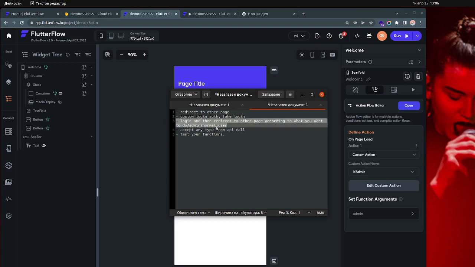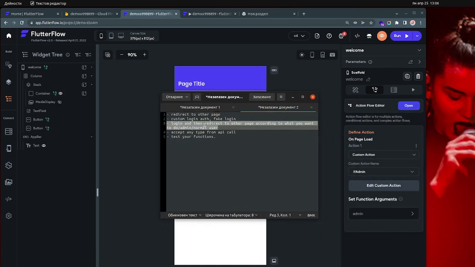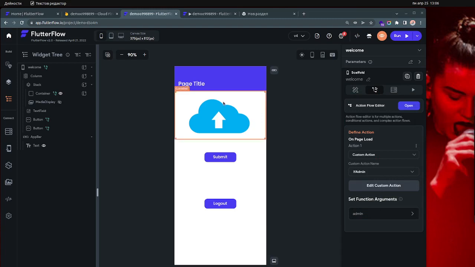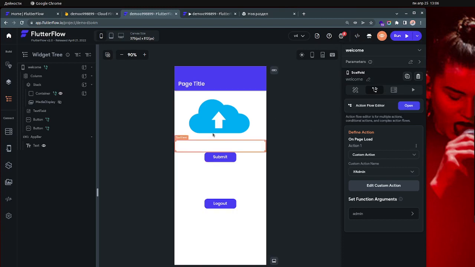And then we go to the third part, which is that a lot of users asked if they have an admin, or a moderator or whatever, and they want, for this example, if it's a normal user, to go to the home page, but if it's an admin, to go to upload successfully, for example. Or this page could be admin or whatever. So if the user is logged in successfully or registered, doesn't matter, they will go to this page, which is your home page, in my case, the welcome page,